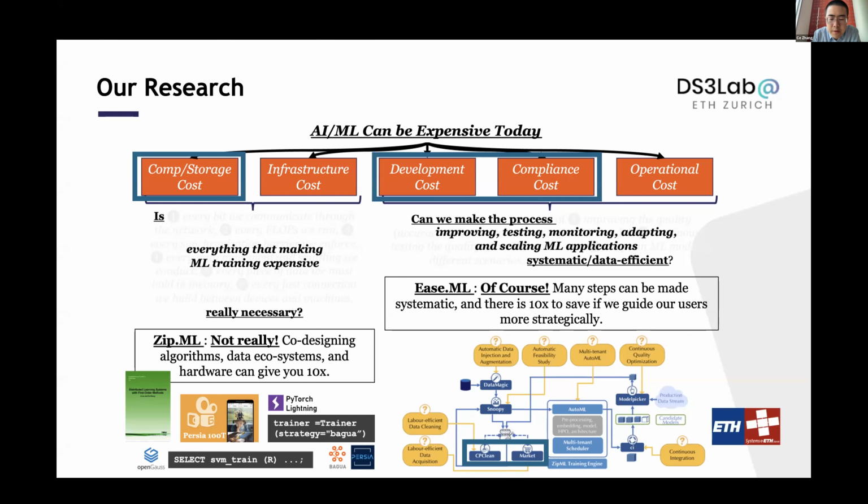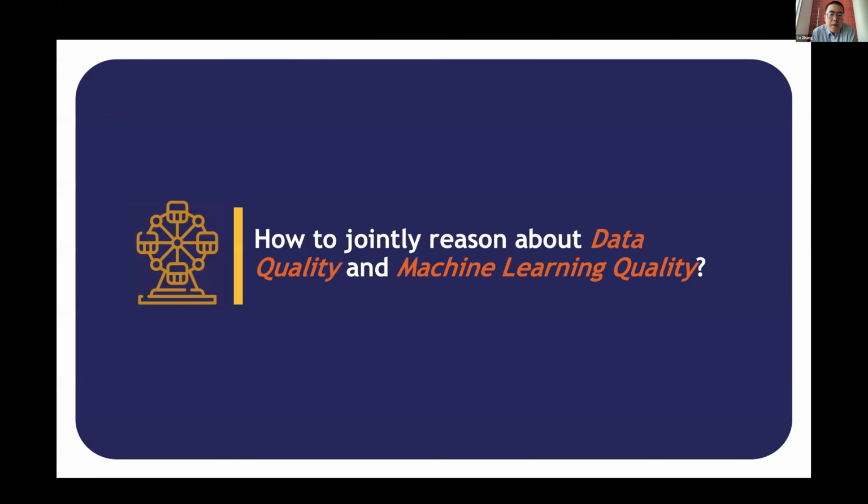So today, let me talk a little bit about very small components in this picture. It's about data cleaning and data acquisition. And I'm going to touch 3 different costs, as you are going to see. The development cost about building machine learning applications, the compliance cost to some of the regulations, and also the computation cost. And the key scientific question we really want to understand is, we have these 2 dimensions that people have been working on over the last half a century almost. There's a data quality problem, there's a machine learning quality problem. How can we reason about these 2 things in a joint way?